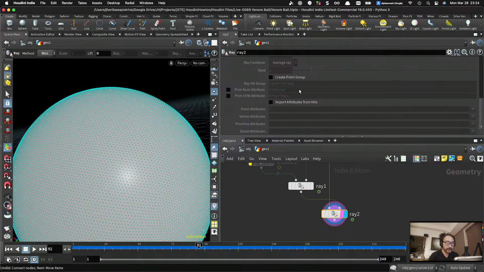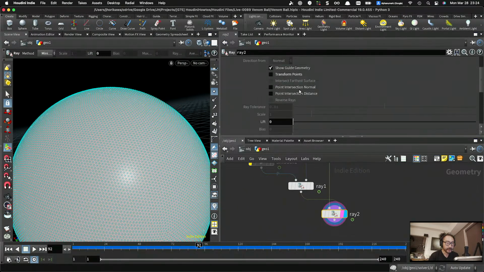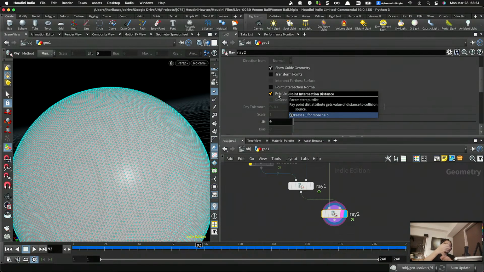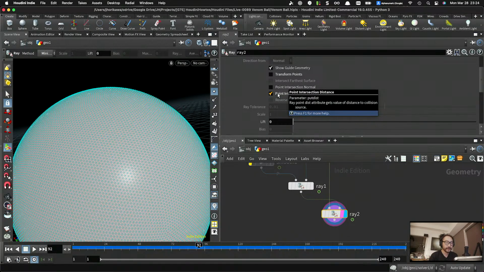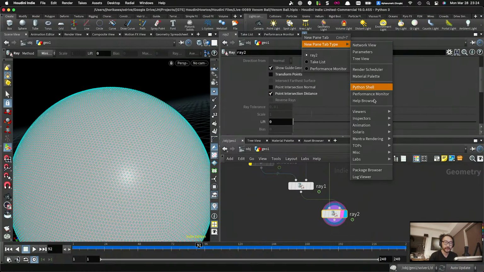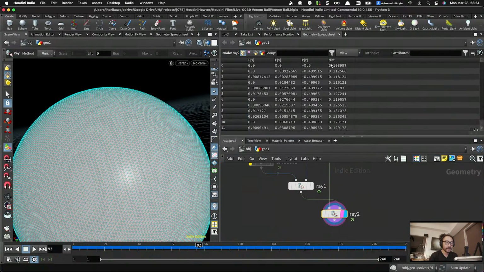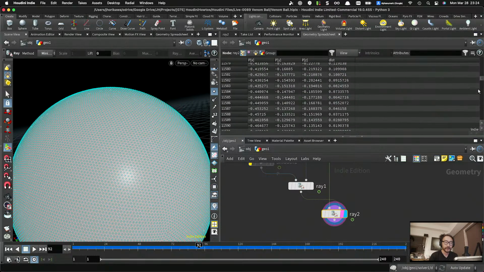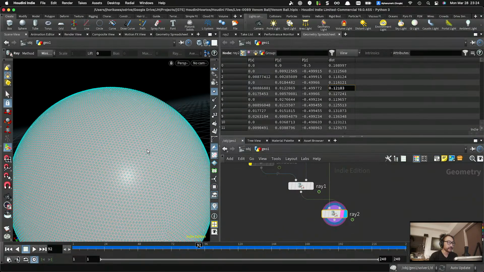And in order to calculate the distance, I think there were some options. Calculate the distance where it touches the closest primitive. So point intersection distance, and if I look at the geometry attributes,